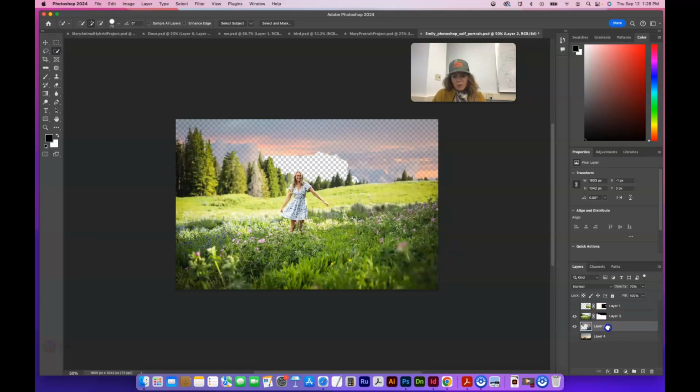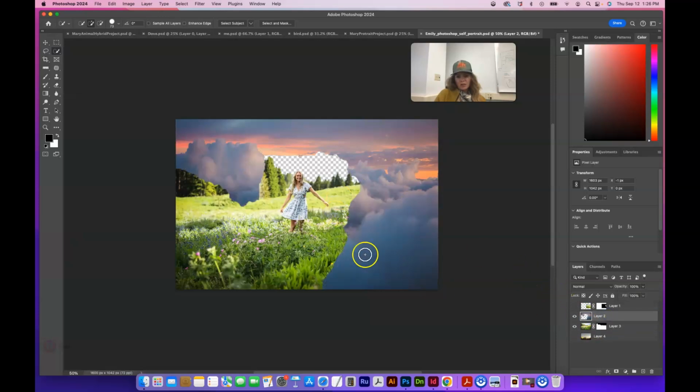You could put this below and maybe turn the opacity up, and maybe bring that image back in without the erased area. Or if you want it over the top, which I actually kind of liked, you could try doing the layer mask so you're not working destructively, because if you use the eraser, then you just lose the information and you can't bring it back. But I like the cloud idea. I think you should elaborate on the cloud idea, but maybe bring this image back in and do a layer mask on it instead of erasing,